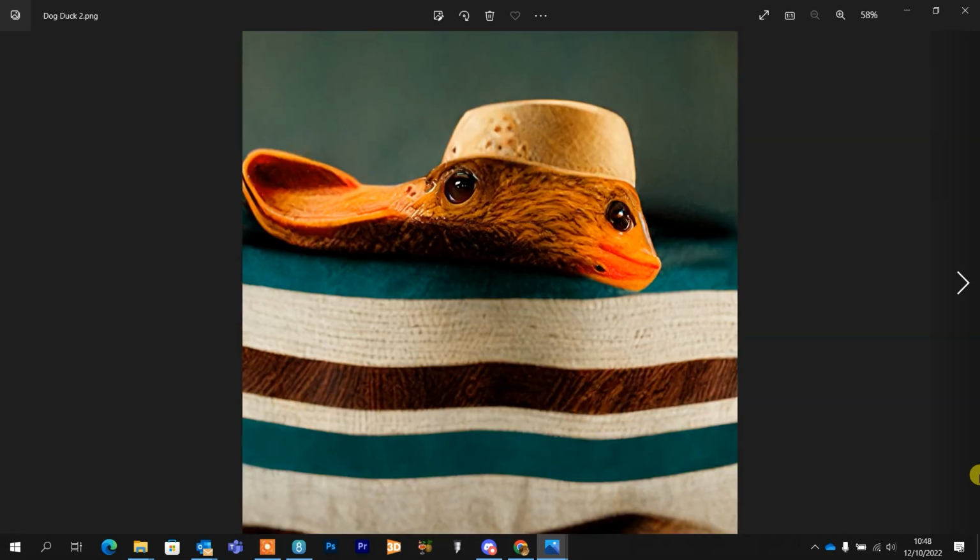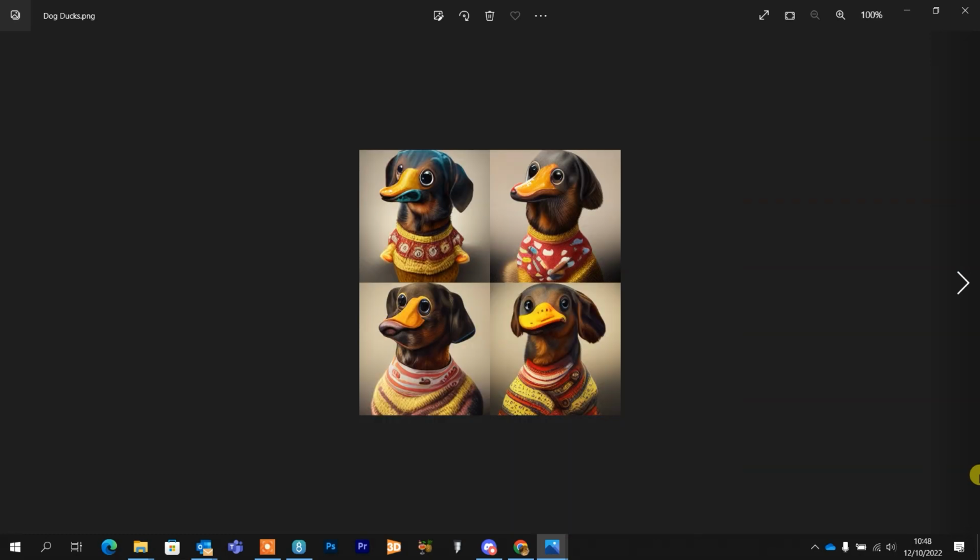It then gave me this and these. So, I mean, they're pretty hilarious, but obviously, it's far from perfect, you know. But that's a sort of introduction to this AI art generator and how I've been playing about with it. So let's jump across now and show you how to get hold of it and get started making your own